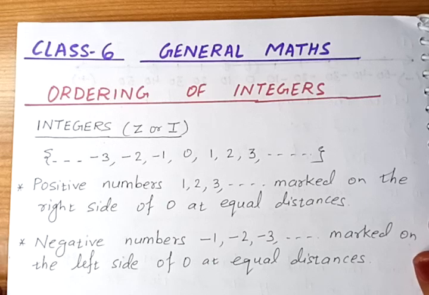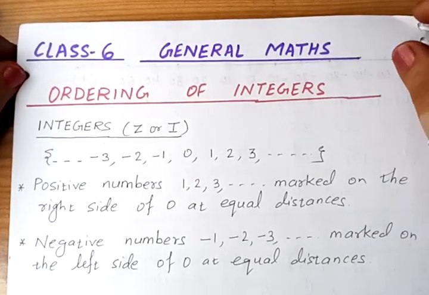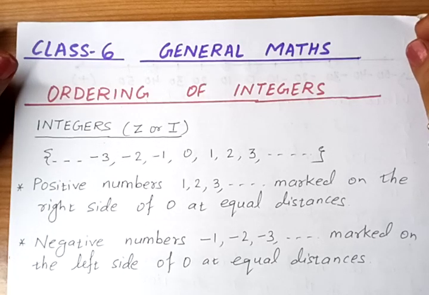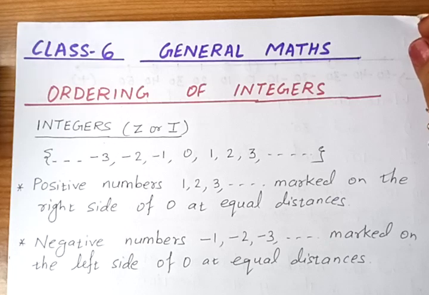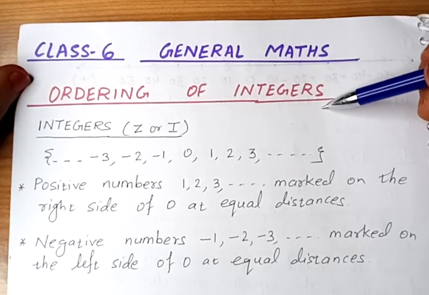So children, we are discussing the integers. We are doing chapter 4, integers. Integers is a very important topic, children. This is new for you in this class, but from here onwards, integers and the concepts related to them will be very helpful for you in high school. So it is very important for you to understand this and remember the fundamental rules of operations of integers. Clear children?